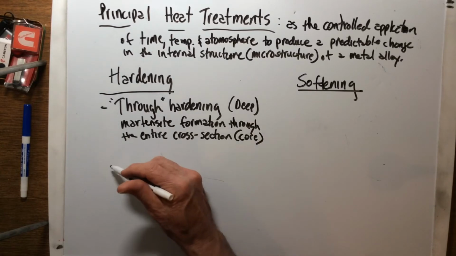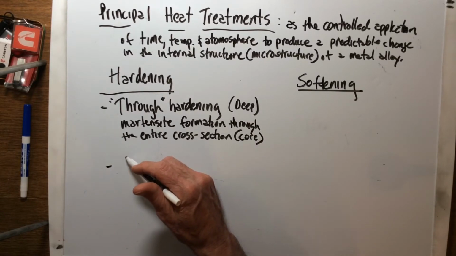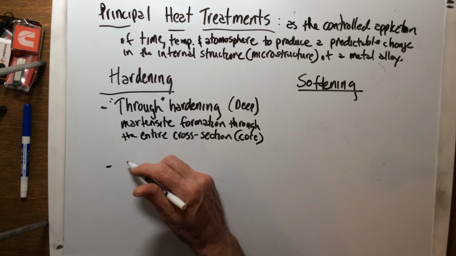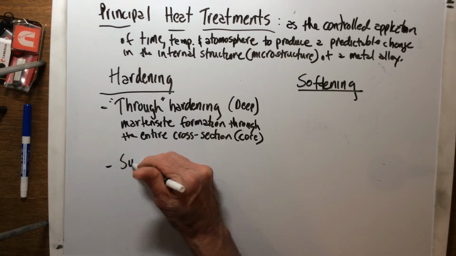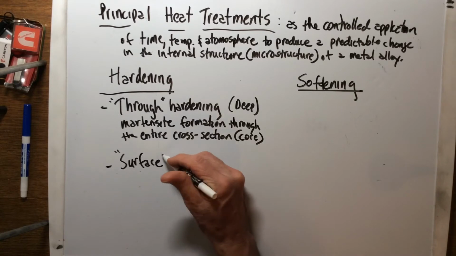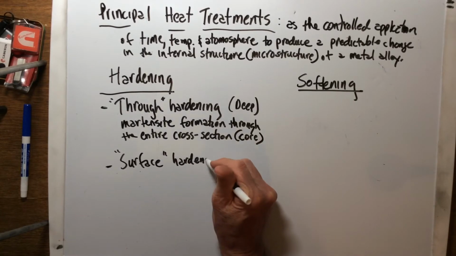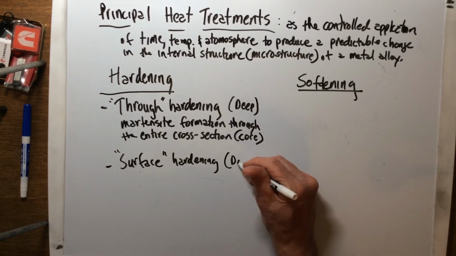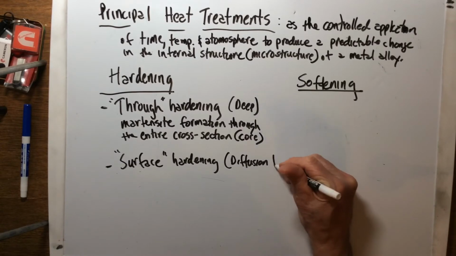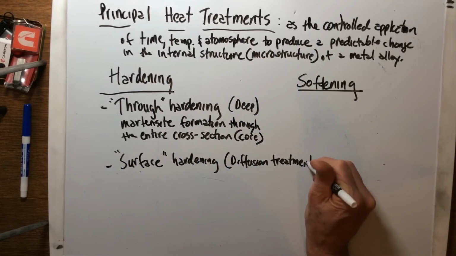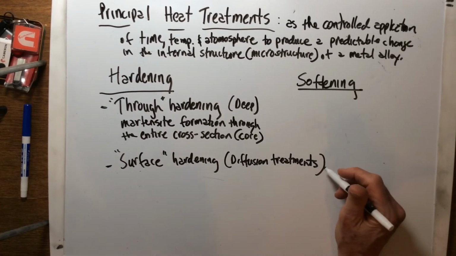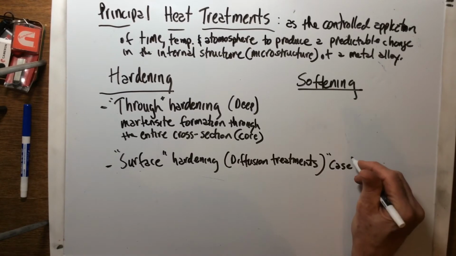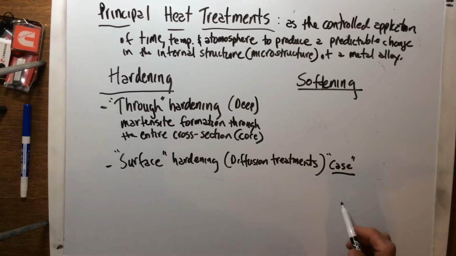All right. Now, the other one is, and we've mentioned this before in class earlier, back sometime in January, surface hardening. Surface hardening, okay, and these are classified as diffusion treatments. All right, and this is sometimes referred to as also case hardening. All right, sometimes you hear it called that,